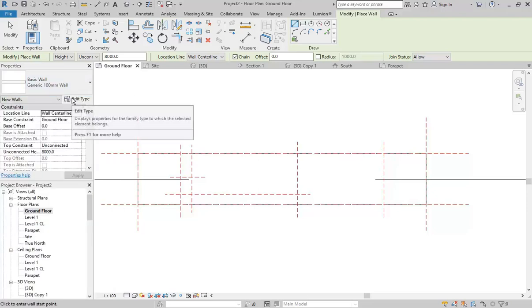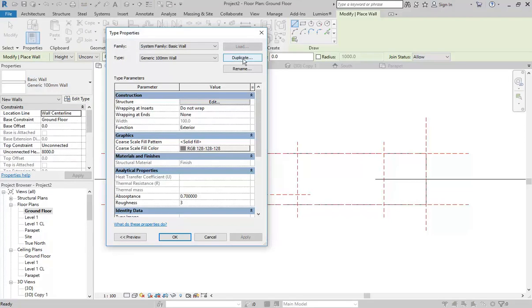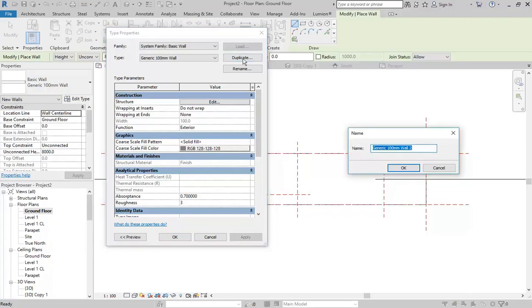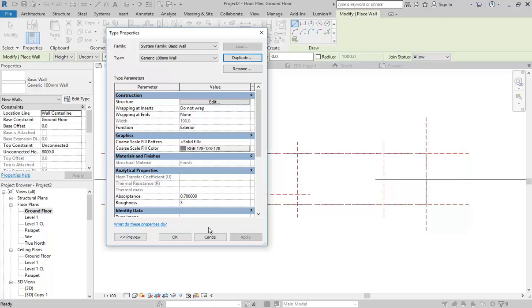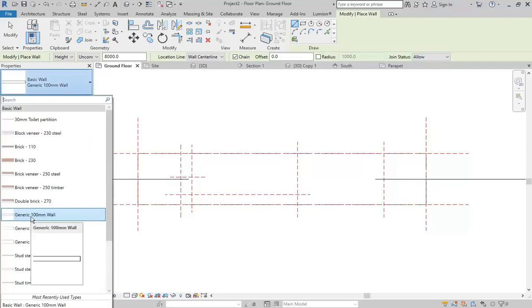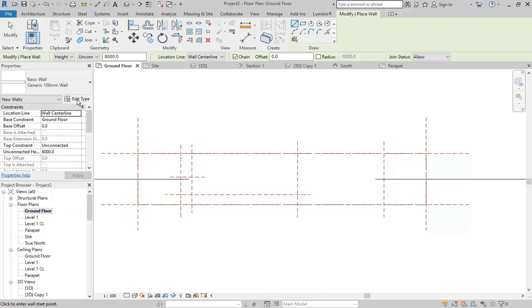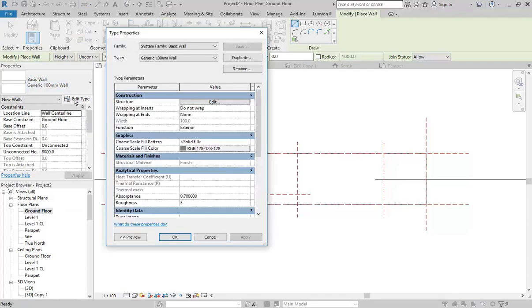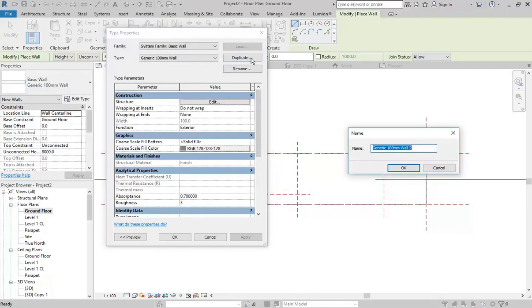And then I'm going to go to edit type and duplicate. That's a process you need to get used to, and something you do all the time using that duplicate option. Oh yes, I'll just show that again. Once you start drawing your wall, you'll get in properties the option to choose your wall type. Again, any of those generic wall types, doesn't matter which one. Then you can click edit type to make a copy of it. You use duplicate, and I'm going to call this existing